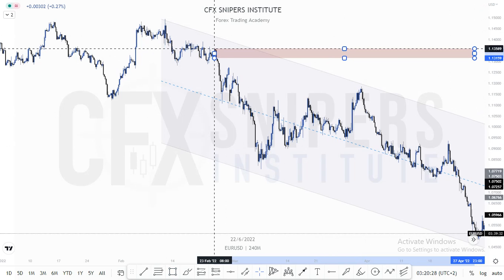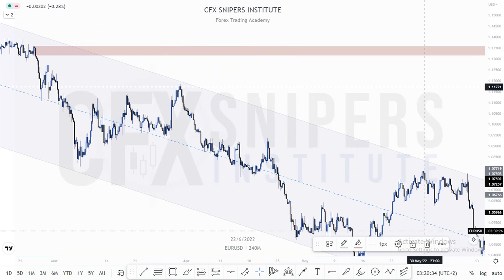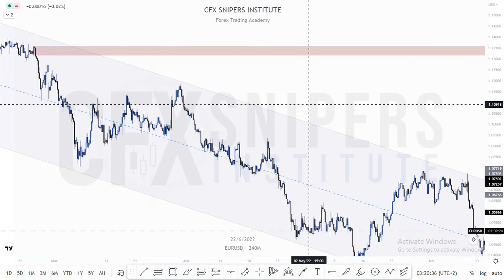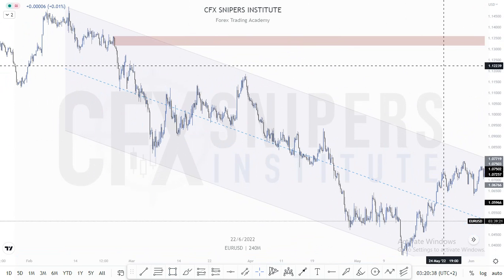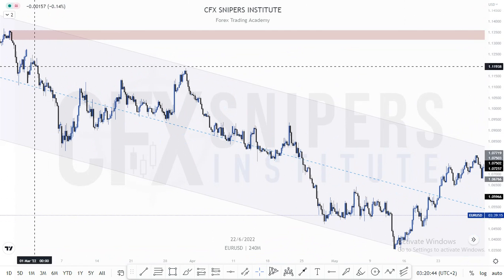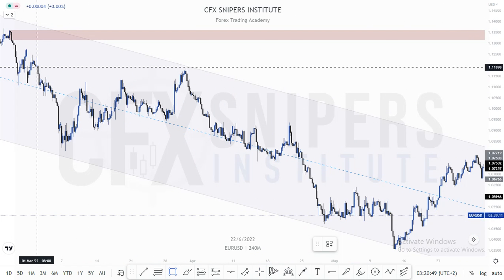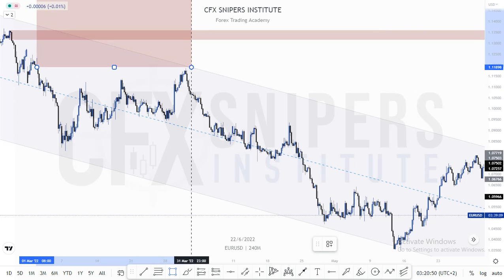And then when it broke that one, came back, gave us this doji here. Let me draw it. It gave us this doji candle, and then unfortunately